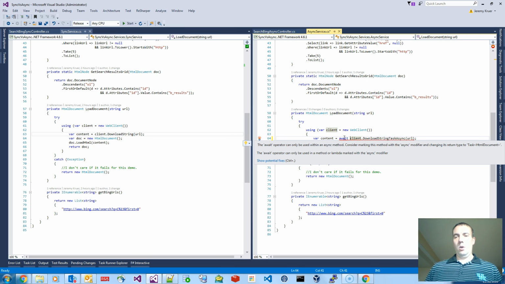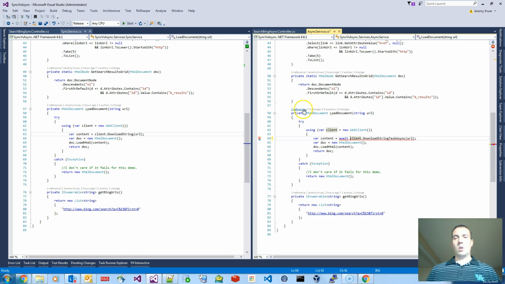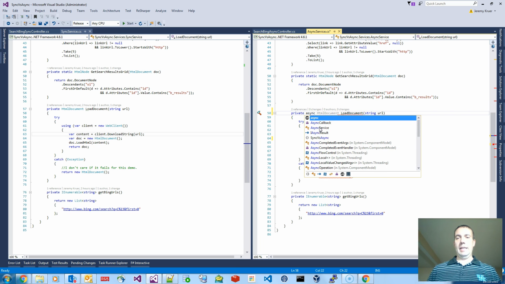Now that we added await, we're getting an error that says the await operator can only be used in a method that is marked with the async modifier. So what this means is, in our method, we have to add the async